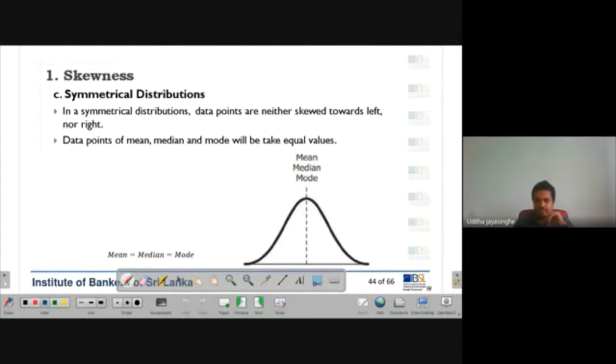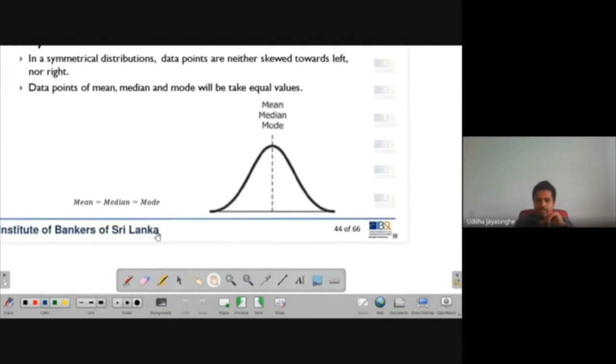For instance, if you put some fictional data like 2, 3, 4, 5, 6, 7, and 8 for discussion sake, this particular value 5 is going to be equal to mean, median, and